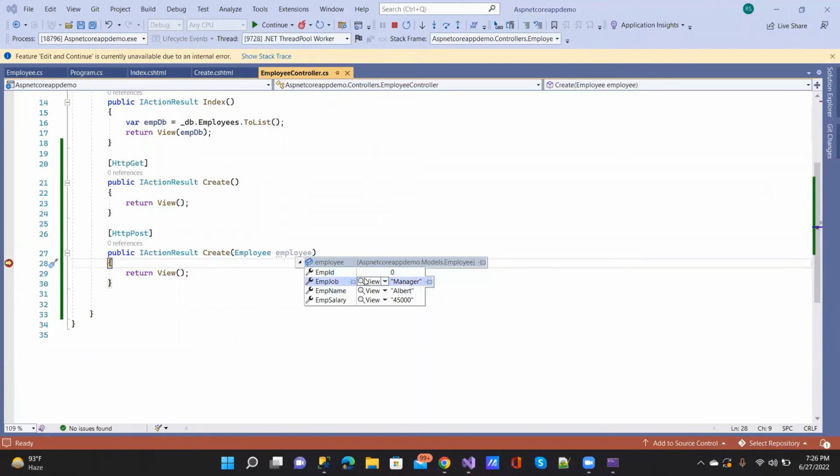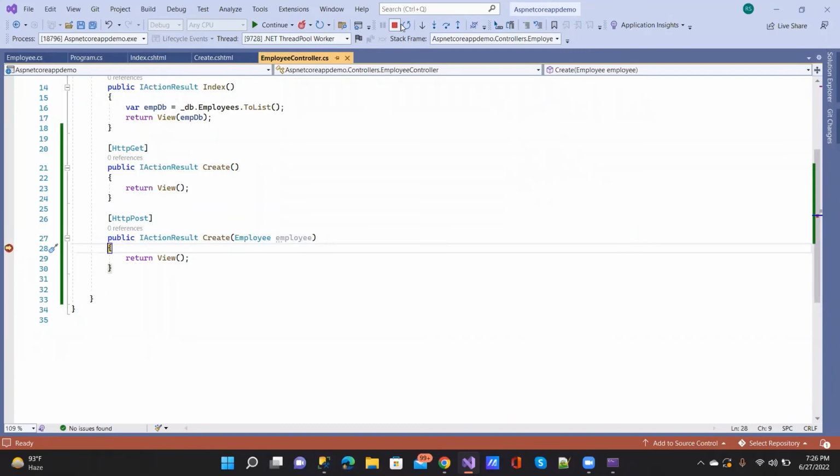Employee ID is coming 0 because we are not passing any employee data from our UI side. Because inside our class we have written that attribute as a key, so it will be generated automatically by the database. Employee job, employee name, employee salary we are getting here. So after fetching the data from the UI, we need to save the data into the database by using Entity Framework Core, and we are using the code first approach here. So just let me stop it,